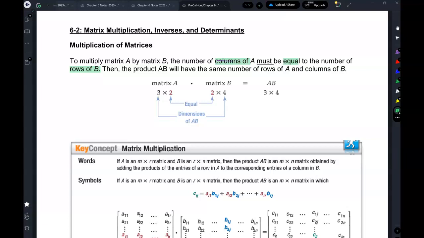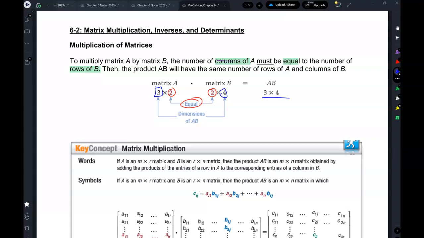Okay, what does all that mean? So you have to multiply matrix A times matrix B. Matrix A has dimensions 3 by 2. B has dimensions 2 by 4. You write out the dimensions, okay? If these inside numbers are equal to each other, then you are allowed to multiply them. Then it's possible to multiply them. Then, once you do that, these outer numbers, 3 by 4, will give you the dimensions of the new matrix,